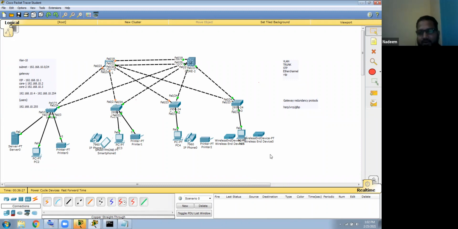I have another meeting I need to jump on. So let's stop here, and tomorrow at 11 o'clock we'll start the routing. Tomorrow we'll have a speed-up class to complete the routing. I have one diagram in which I will show all the routing, because if you go to my channel, I have already given routing lectures that you can watch there. But in this class I'm just revising things.